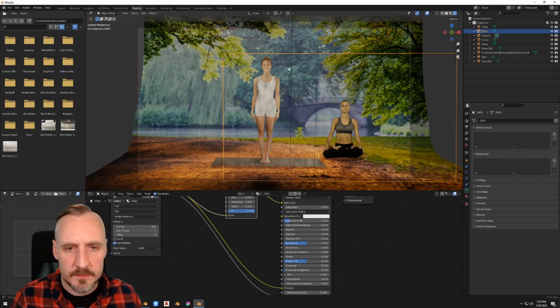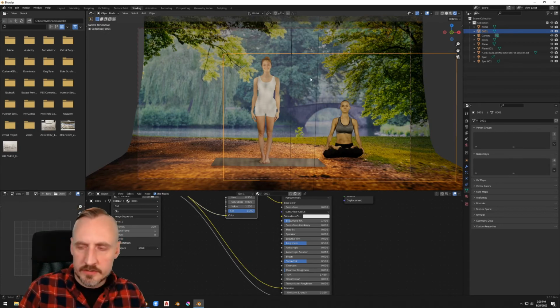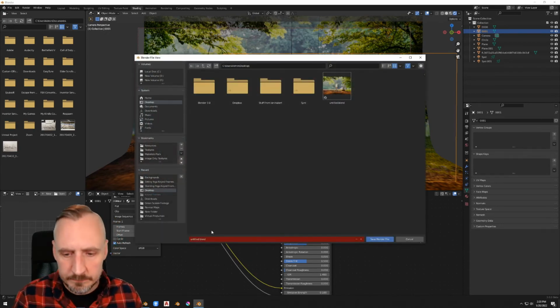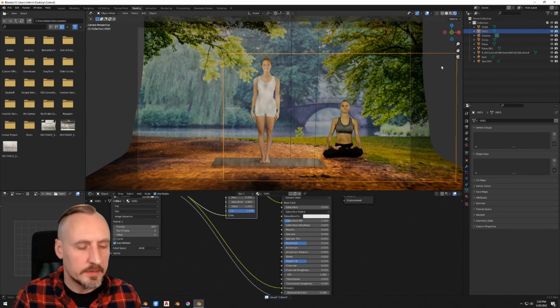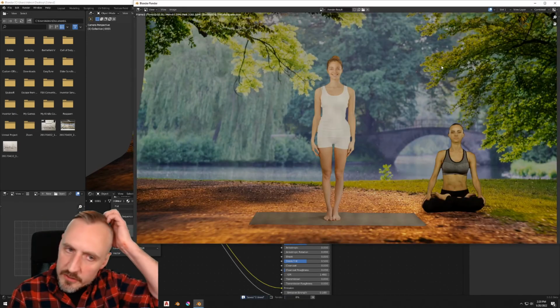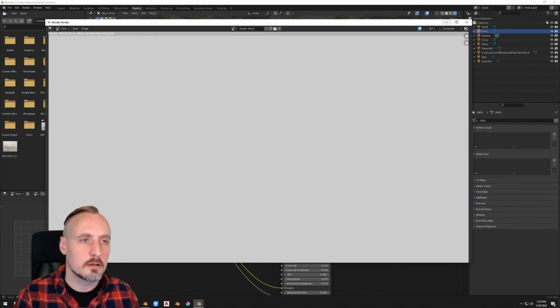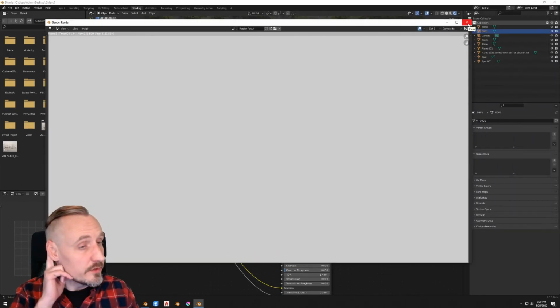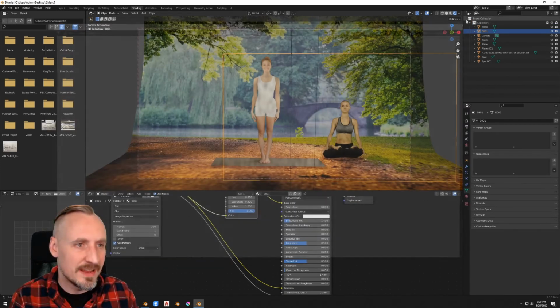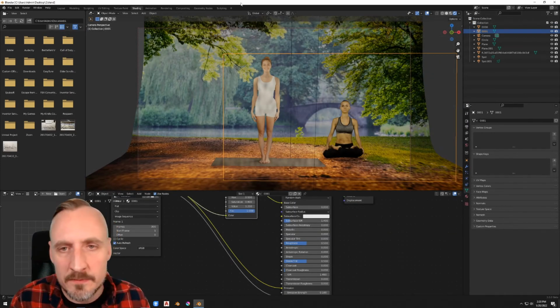So in our camera view, let's hit Control S to save the thing. Let's just save it somewhere. Let's hit F12. F12 is going to produce a render. That's just going to show us what it's going to look like. And we have a problem right away. We saw the image for a second, but what's happening is Blender's trying to help us in a way that's not helpful when we're using Eevee,